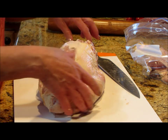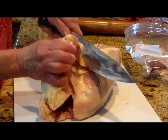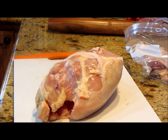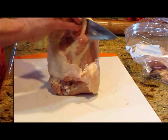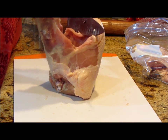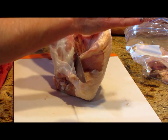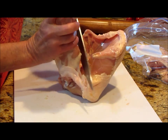Okay, so now I'm cutting off the thigh meat. Very simple. You're just really whittling her down to a manageable hunk of chicken. And then now I stand it up on end, and I've got the back on this side, and I've got my breast over here, and my knife is extremely sharp, so I want to make sure that,